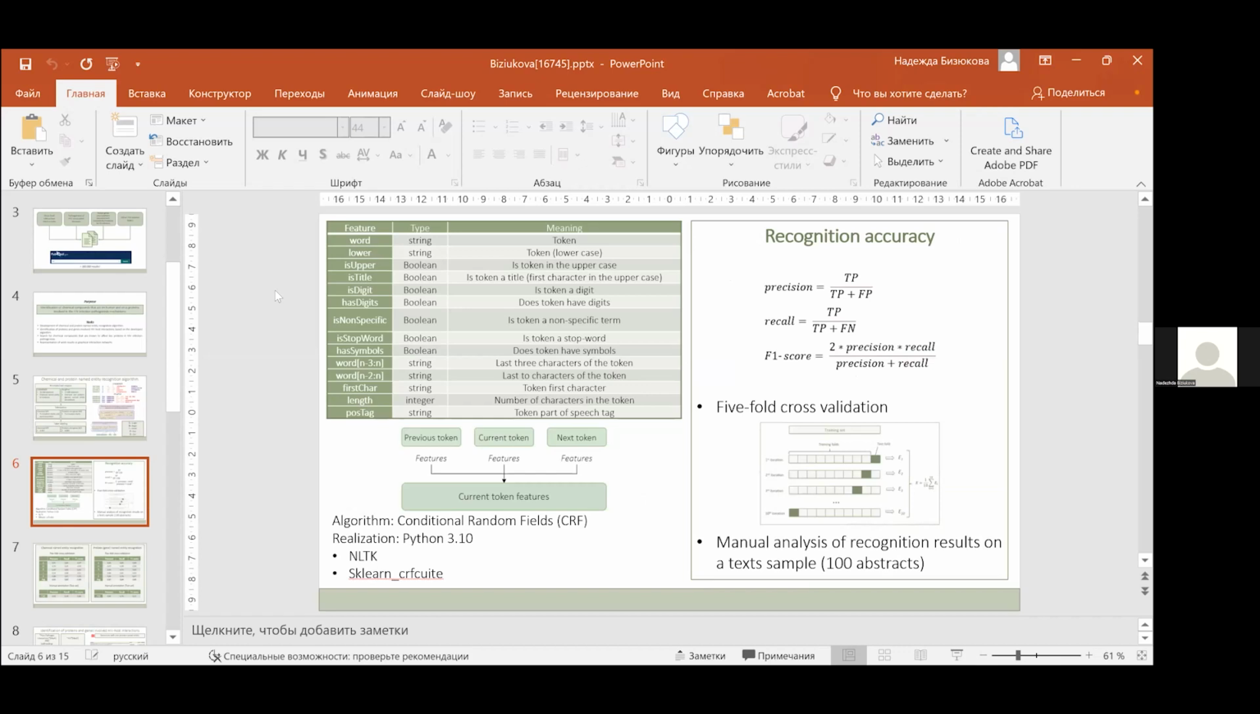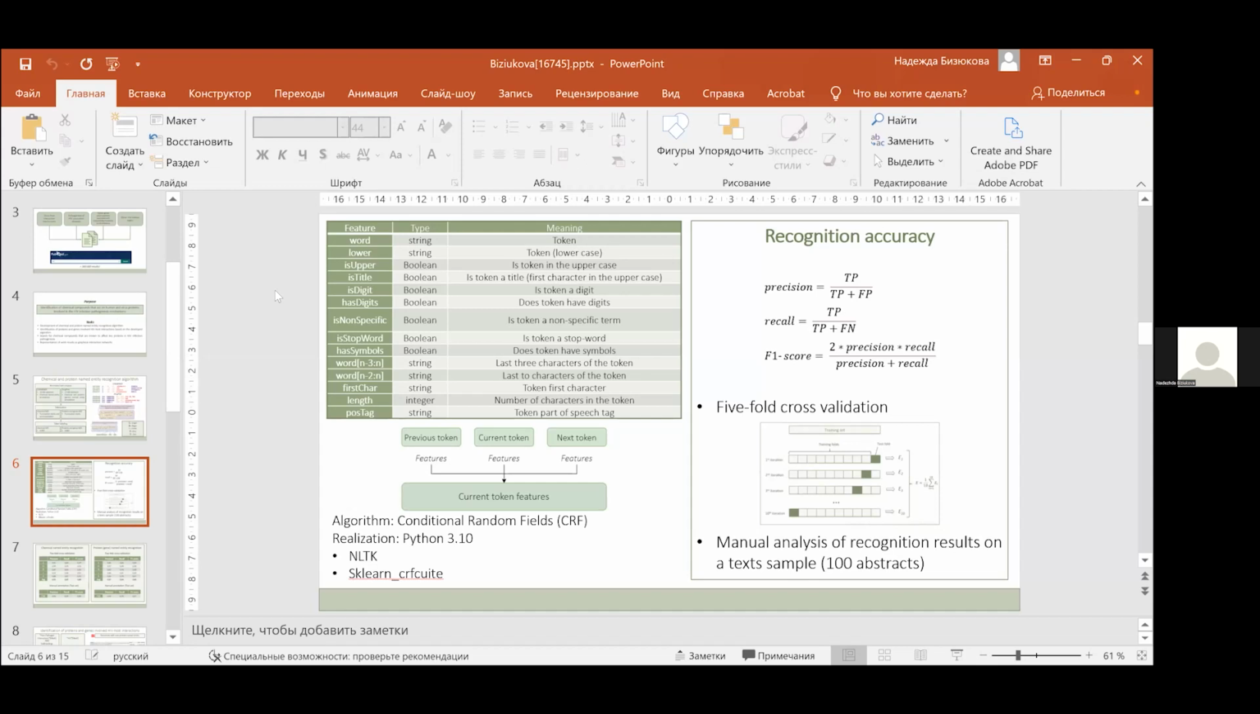We have developed a set of features to describe tokens. The full list of them is presented in the table. Since all tokens are semantically related to each other in the context, we also used the features of the neighbor tokens to describe the current. The implementation of the algorithm is a set of scripts written in the programming language Python. Recognition accuracy was evaluated